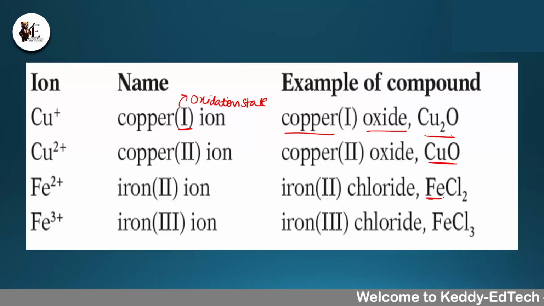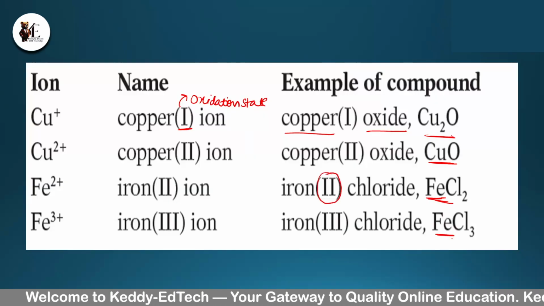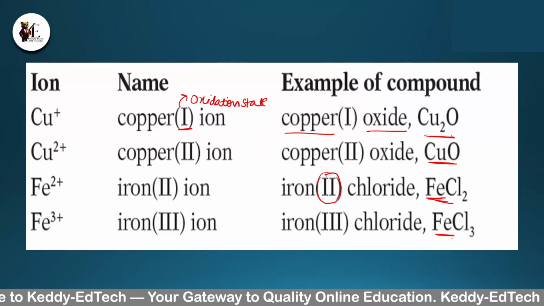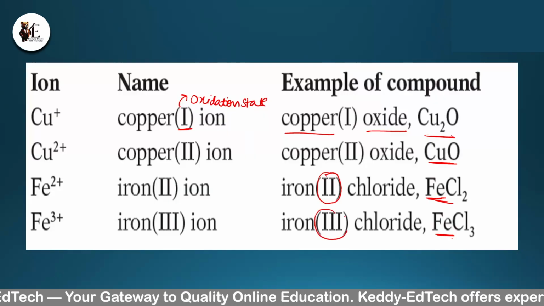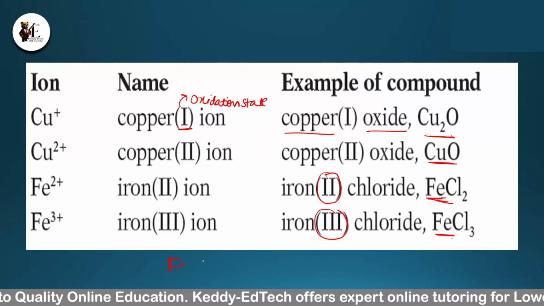Iron chloride, FeCl2, the name is the same. It is also iron chloride. But in this case, iron exists in plus 2 oxidation state, plus 2 valency, and in this, iron exists in plus 3 oxidation state. How? Because we know that in FeCl3,